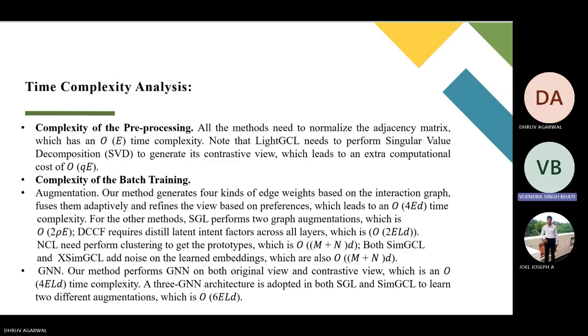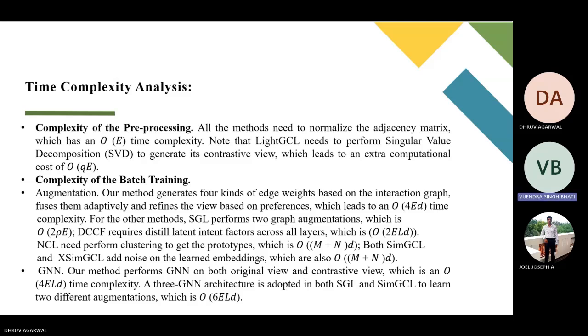Then the batch training complexity includes augmentation complexity, where we generate four edge weights based on the interaction graph, adaptively fuse them, and refine the view, leading to a complexity of order of 4 ED,